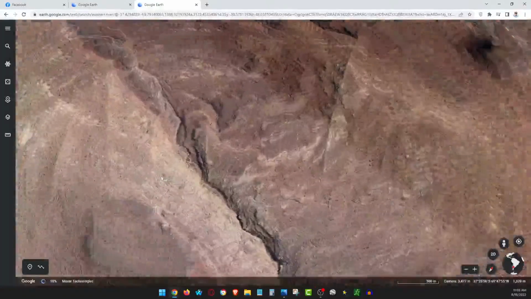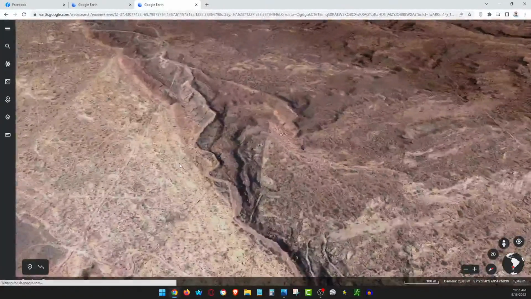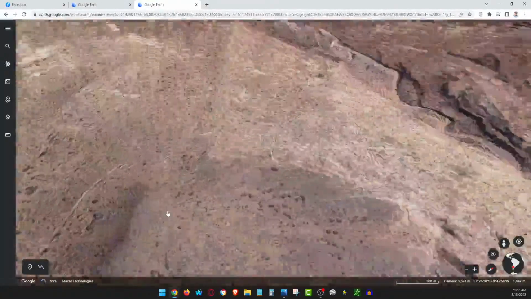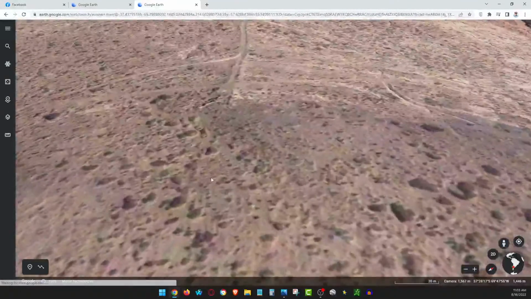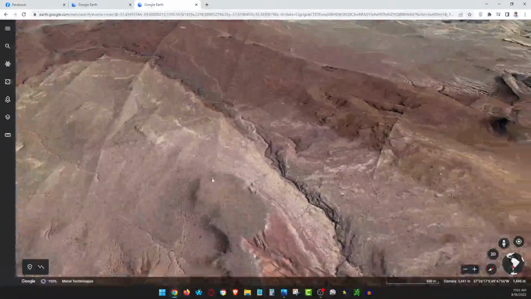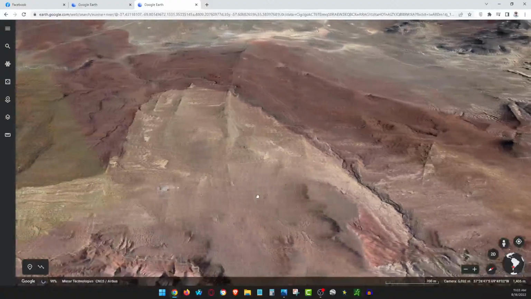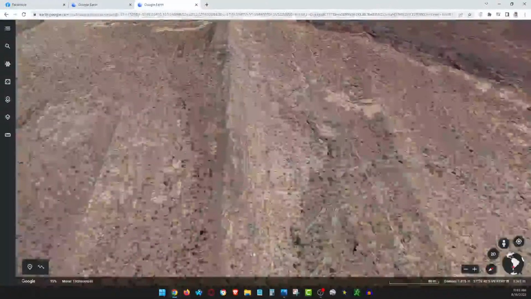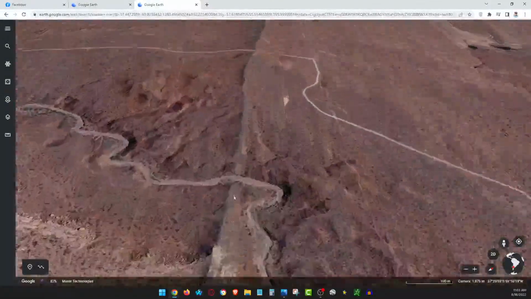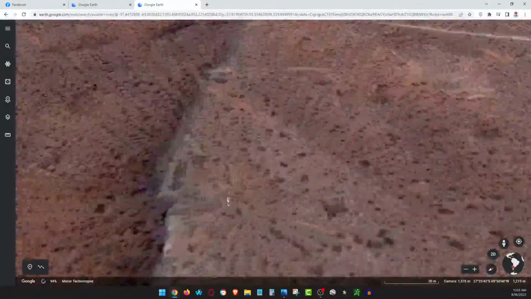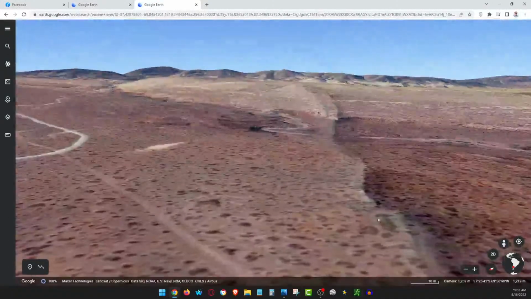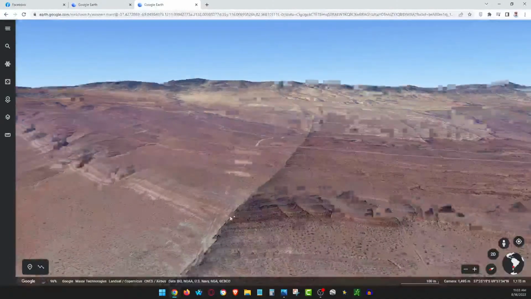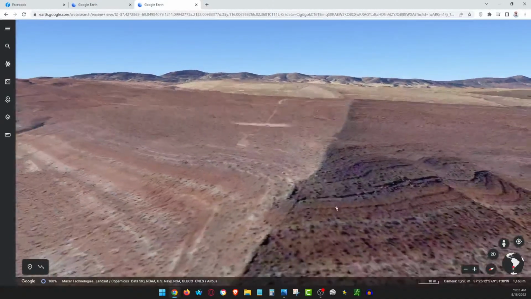Here's another one, a small one. Now, don't think that this is the first time I've seen this. It's not. I've seen this all over the world. This is South America. This is Argentina. I can show you this in Africa. I can show you this in the United States, North America. I can show you in many places. These walls were created to channel and to hold water. I mean, they're very old. They're not new. They're not modern day.